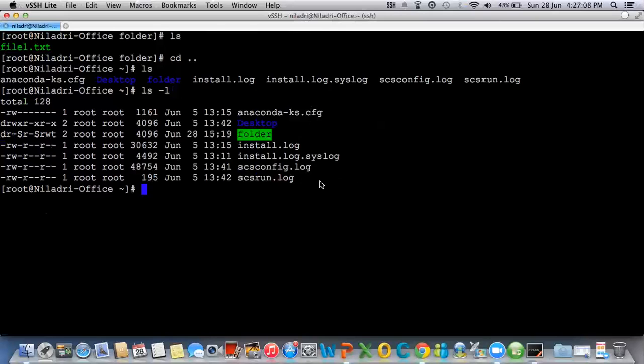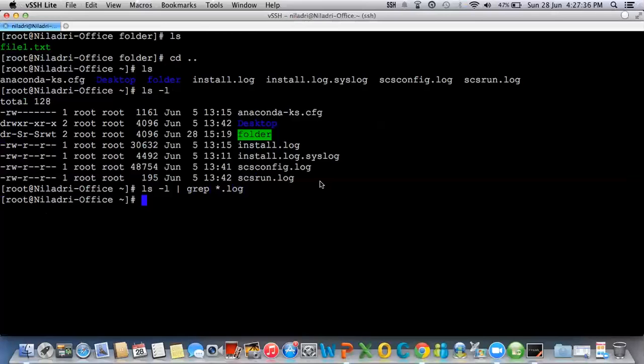I wanted to only see the log files which are available in my system. So what I'm gonna do is say ls -l, and then I'm gonna add a pipe symbol, which will help me filter the output based on the filter options I mention after the pipe symbol. And then I say grep, and inside double quotes or without double quotes, I'll mention